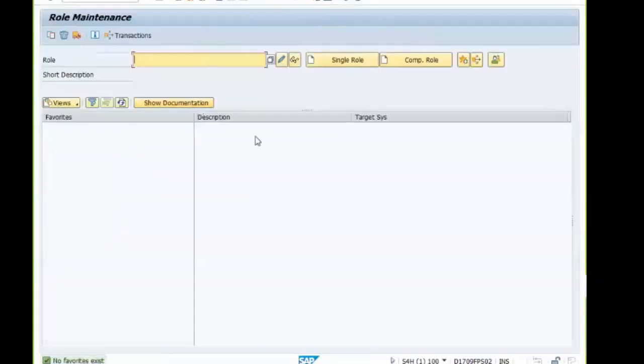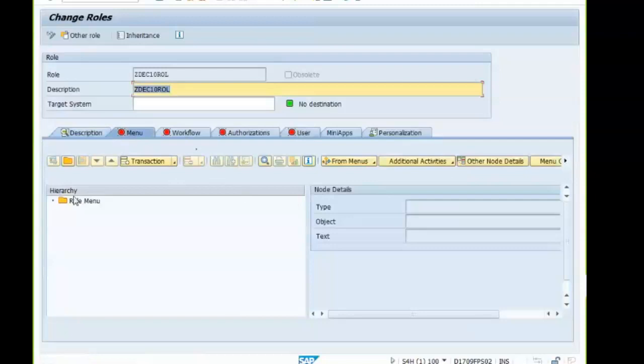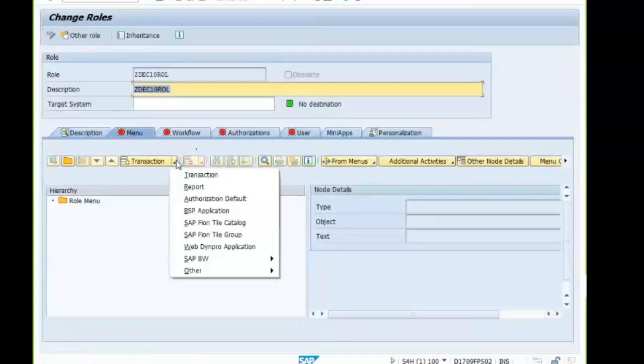So you have to tell them which need to be activated. Z December 10. With that I'll create Z 10. ZT second role. Single role. Menu and user, two tabs must be activated. In the menu, I need to add this catalog, SAP Fiori tile catalog.